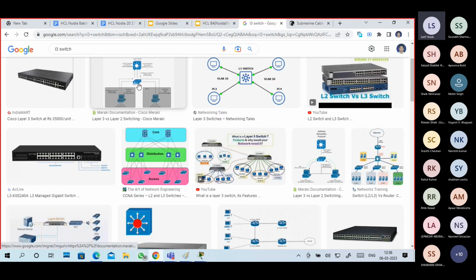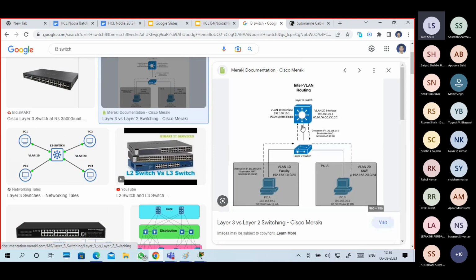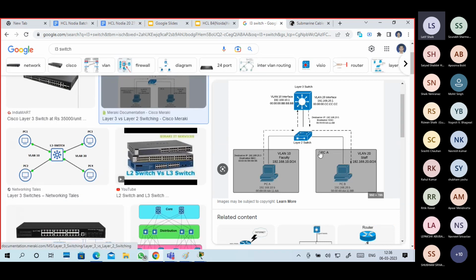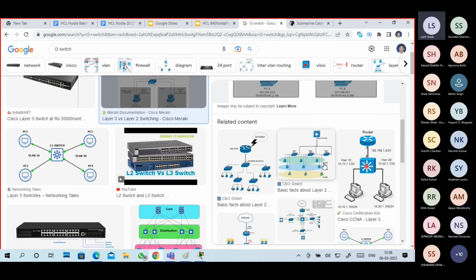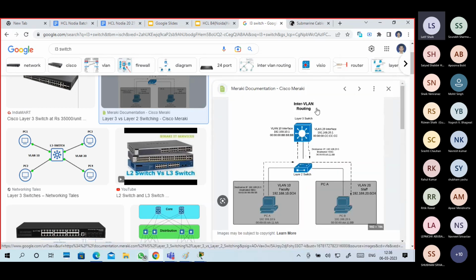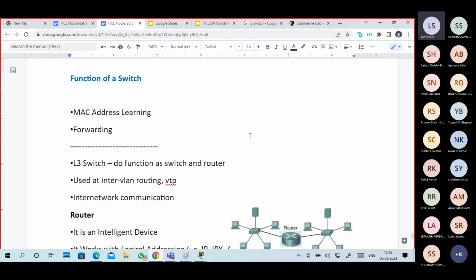Layer 3 switches are used for both. It works as a router as well as a switch.